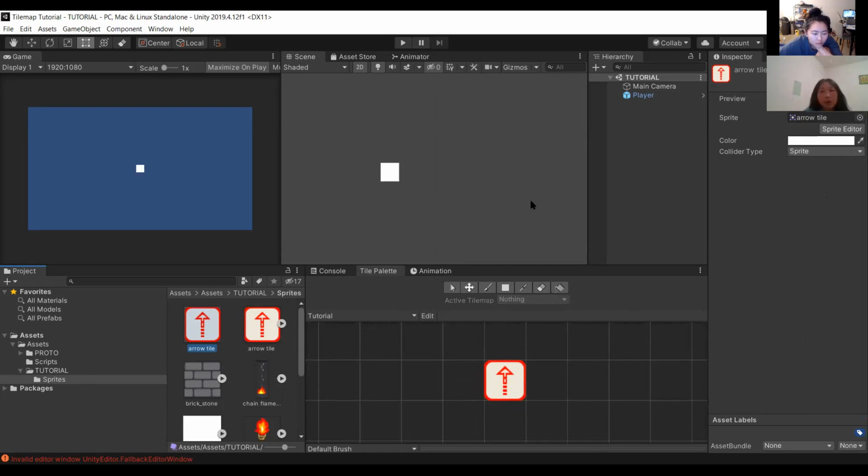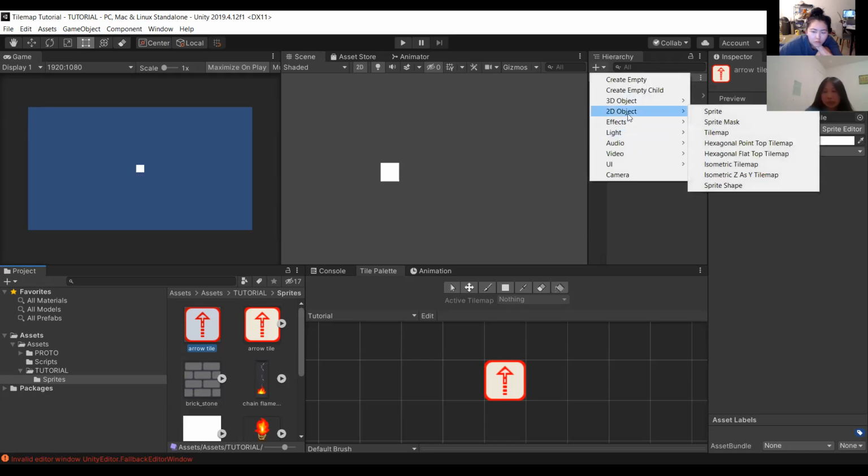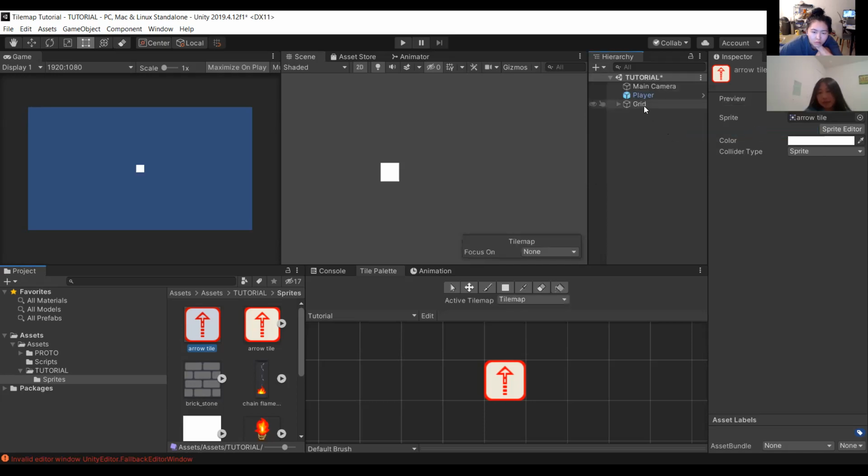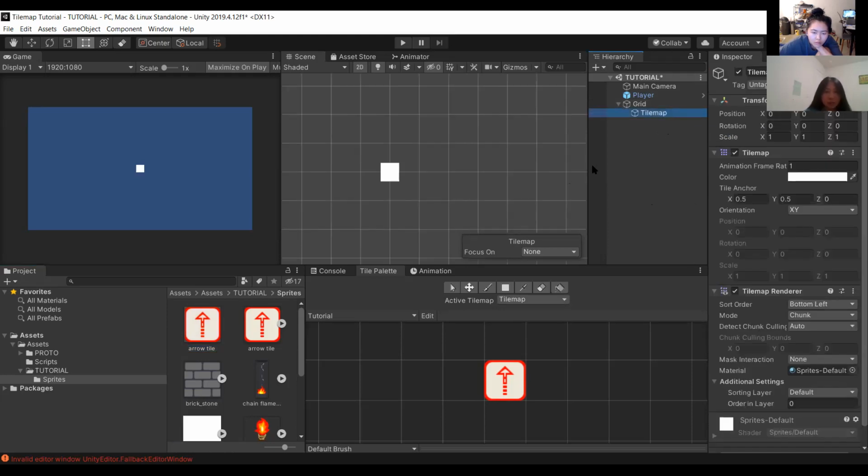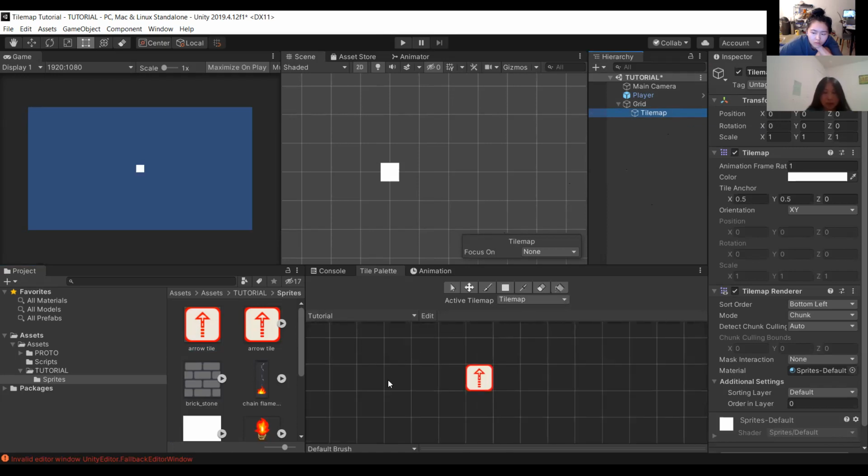Now we're going to be going into a little bit of all of these different tools. Before we can do that, go to the hierarchy, and this is where I'm showing you how to create a tile map. Click the little plus sign, click on 2D object, and then click on tile map. That should create something called a grid with a little arrow next to it. Click on the arrow, and then you'll see your tile map. When you click on your tile map, your scene view should suddenly have all these grids on it that match your grid in your tile palette.